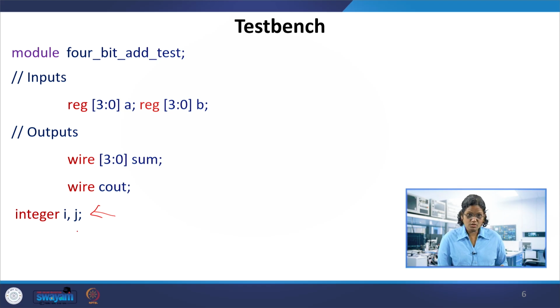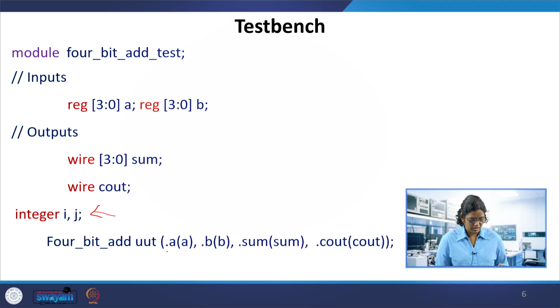Now these are used in the for loop, that is why i and j are used in the for loop. After the input output declaration comes the instantiation of the 4-bit module which we had written, instantiated here as uut with dot a, dot b, dot sum and dot cout.